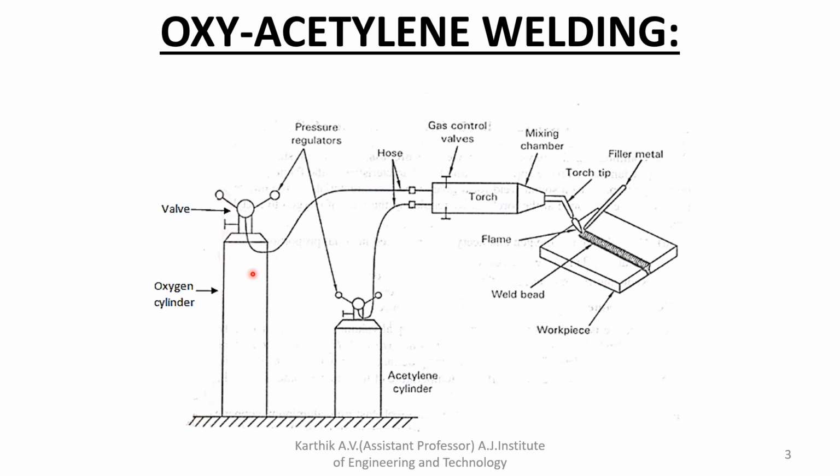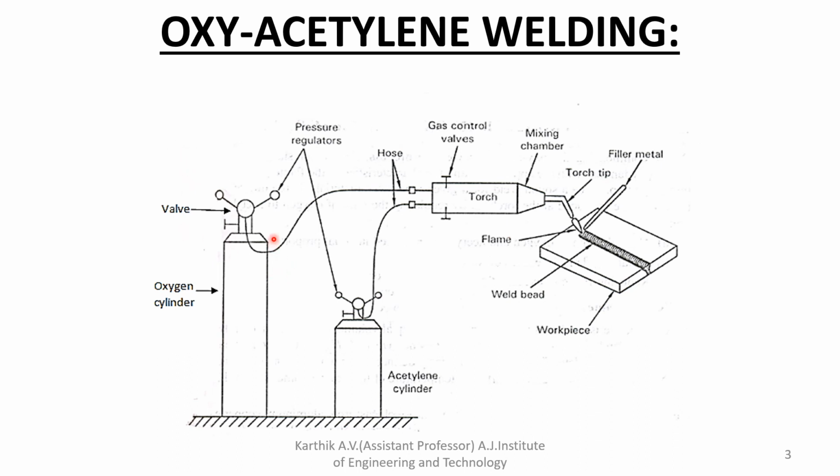So one is the acetylene cylinder, or it may be hydrogen, anything is okay, but oxygen is required. Why? Because it acts for burning purposes. Here the acetylene cylinder supplies some amount of gas with the help of a regulator. Here also one more regulator is there for the oxygen cylinder, that will regulate the flow of oxygen from the cylinder.